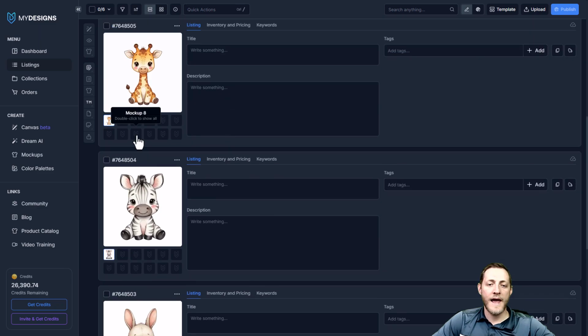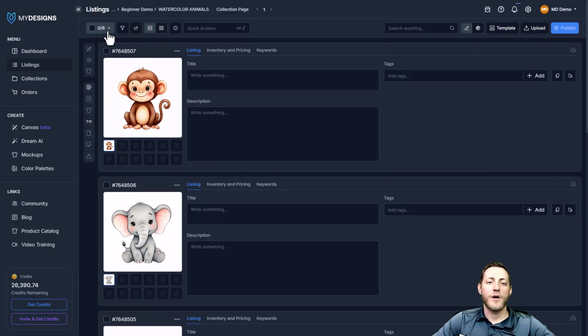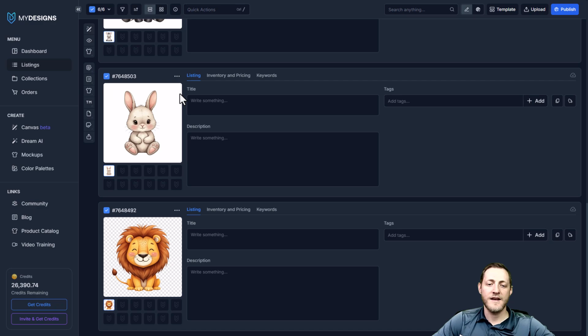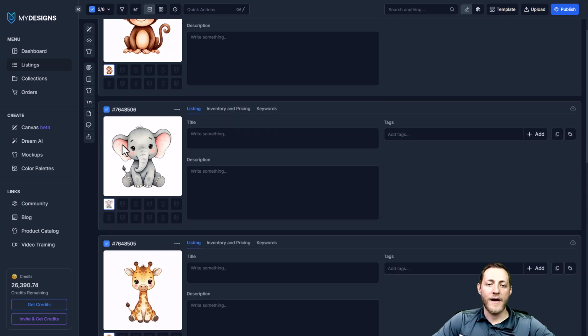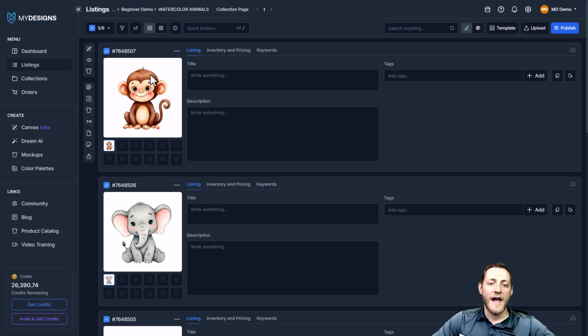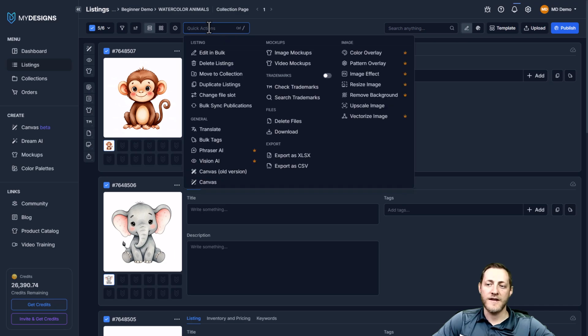So we're going to go ahead and just go to the top here, and we're going to select all of these designs at once by clicking this button here. You'll see now it shows us 6 out of 6 designs are selected. And then we're going to come down to the one that we already removed the background on, and we're going to deselect it. So now we want to remove this white background on these other 5 images, and we can do that by first, like I said, making sure we have them selected. And then we'll go to image on the left menu here. You can also find it under quick actions if it's easier for you here, under images, and then we'll go